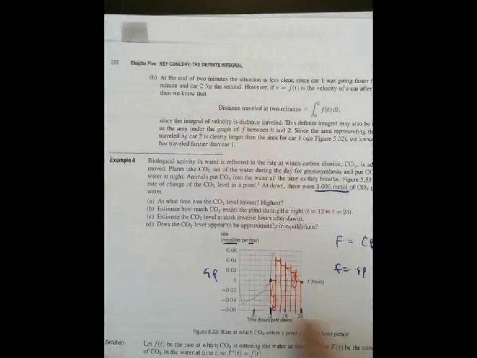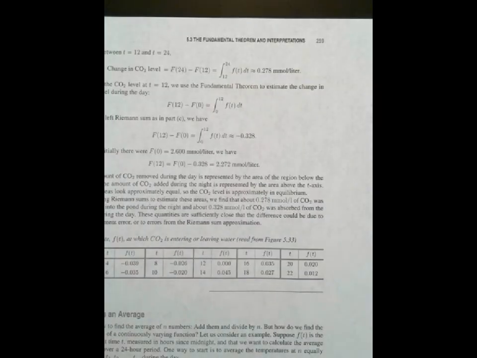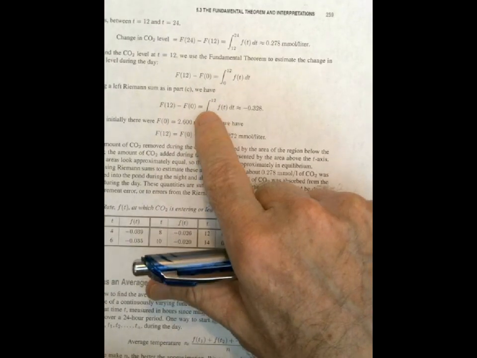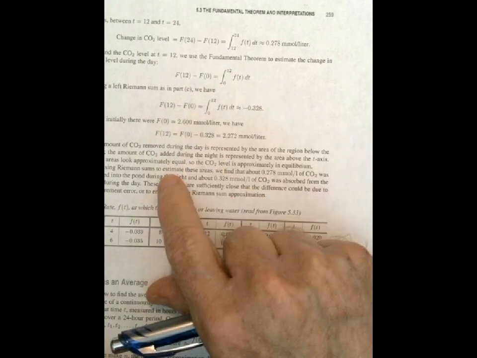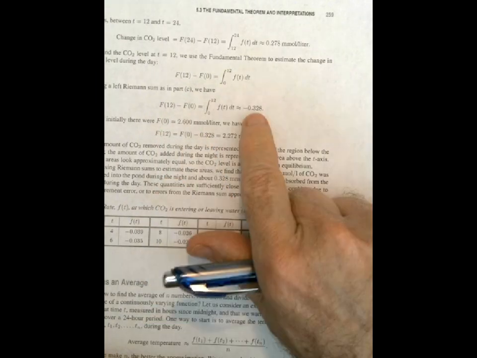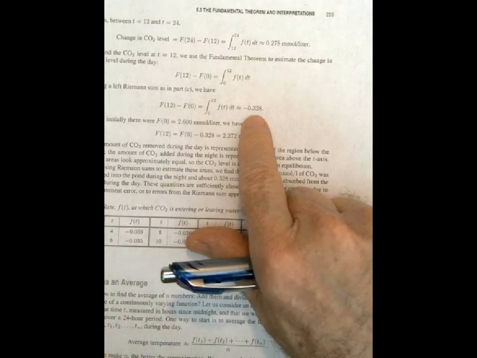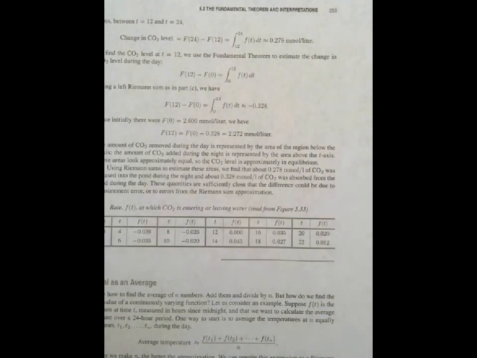We want this area here, from 0 to 12, okay? Well, using the same rectangle procedure that we just did, we would get negative 0.328. You're going, wait, how can it be negative? The reason why it's negative is that